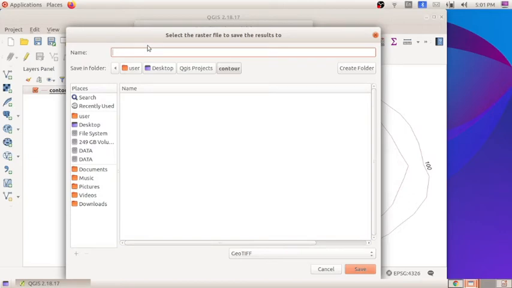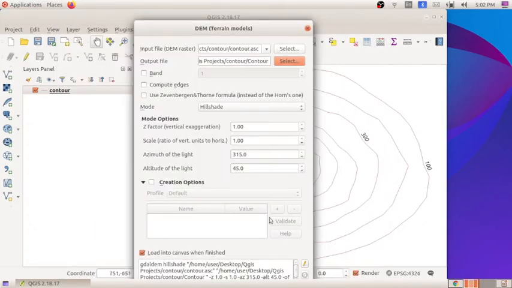We are going to create the layer, so we can write the file name like contour. After that we can click on save. Here in this window, in the down portion, there is one OK button. When we move this by using the mouse, this window will not get moved. So what do we have to do? For moving this, for making this window a little bit up, then only we can click on the OK button.